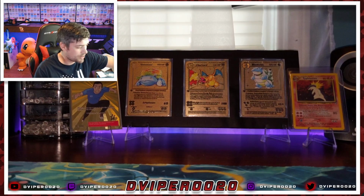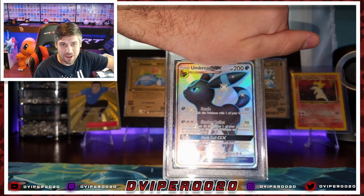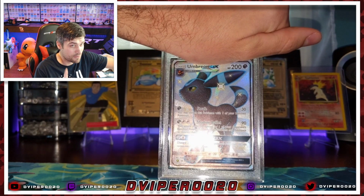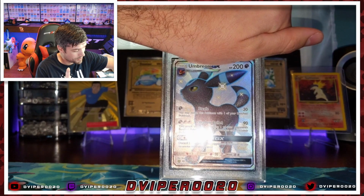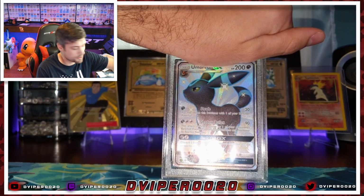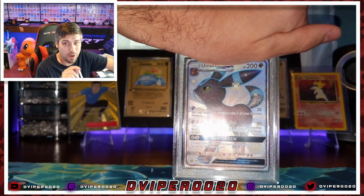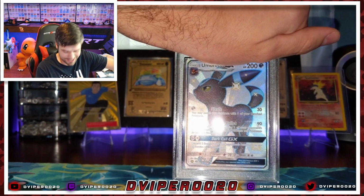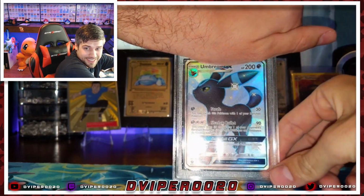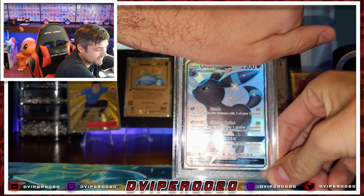Here it is, the shiny Umbreon, there it is. Now, I know aDrive has one of these, and I want to say he had a 9 or 9.5. Probably 9.5. And I think I was watching a live stream that TGA was doing on Instagram, and I told them I have one as well, and I want to beat aDrive's score. I did throw a 10 on this, optimistically. Let's see what we get. Do we get a 10? Do I beat aDrive on the shiny Umbreon, or...